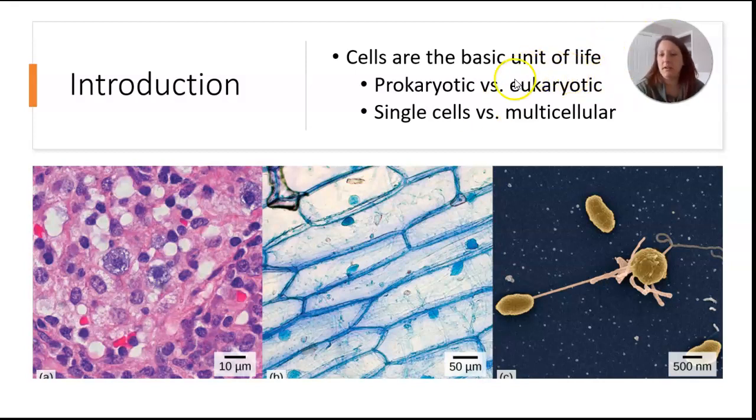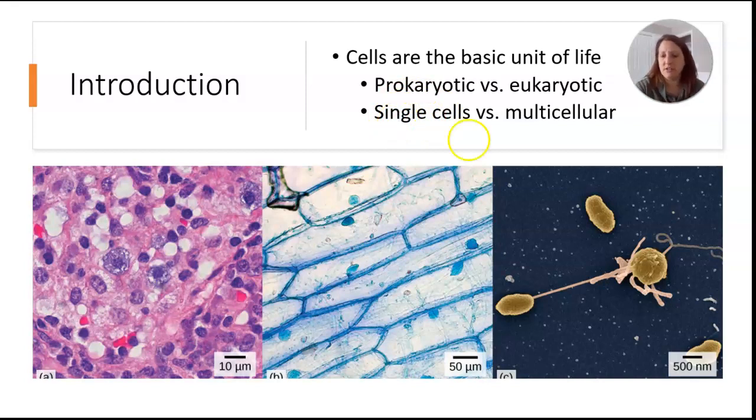The opposite here are eukaryotic cells, and so eukaryotic cells are going to have membrane-bound organelles, including the nucleus. And for eukaryotes, it's a little bit more tricky. Eukaryotes belong to the domain eukarya. They can be single-celled or they can be multicellular. It depends on what organism we're looking at. So for example, all animals are multicellular. Okay, but if we look at, for example, fungi, some fungi are multicellular, and then there are some that are single-celled. So we can't use that as a descriptive characteristic.